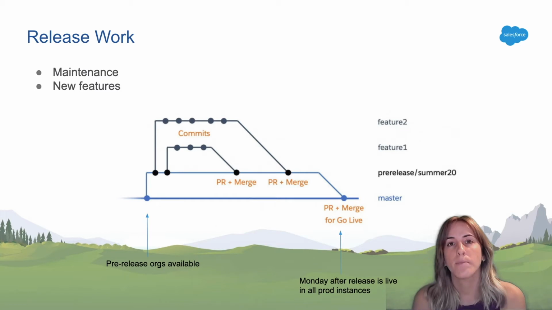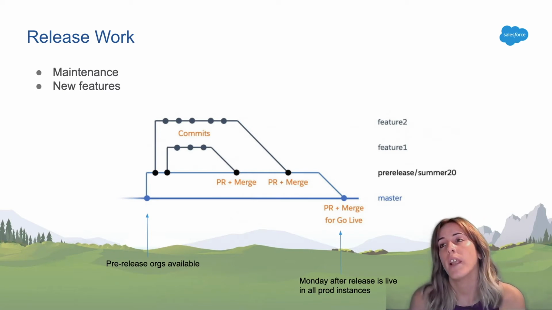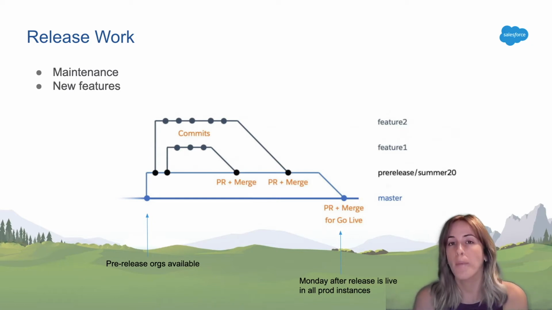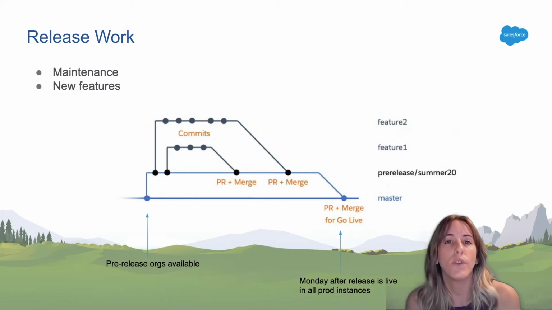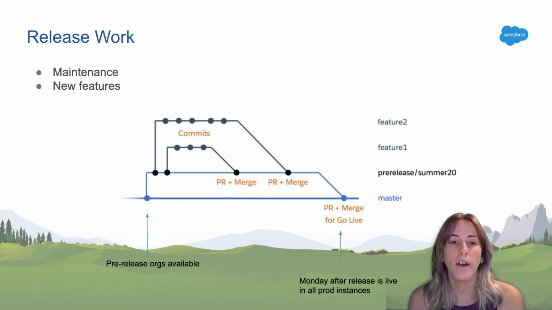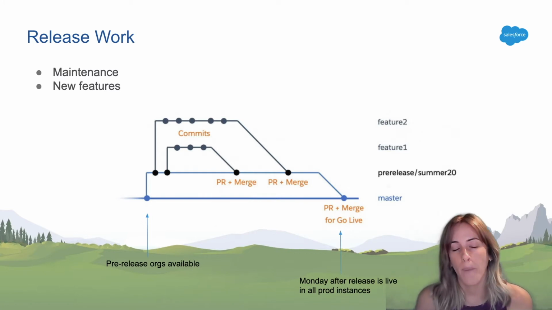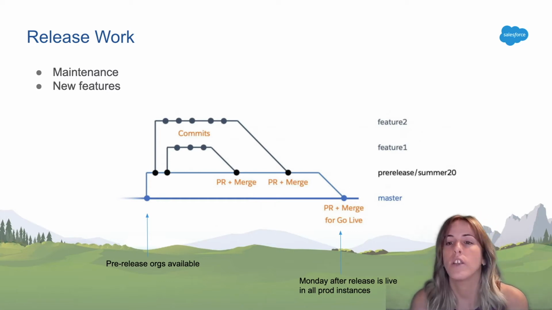Sometimes we need to do maintenance, for example, to upgrade the API version or include new configurations that have been made available on that release, or even sometimes to fix some metadata that changed in this release because the flexi page metadata has changed because of dynamic forms. Dynamic forms is now in non-GA preview, so it is available in your org, and you can activate them and start playing with them, but that's going to make you change the metadata of the flexi pages if you have them in your version control